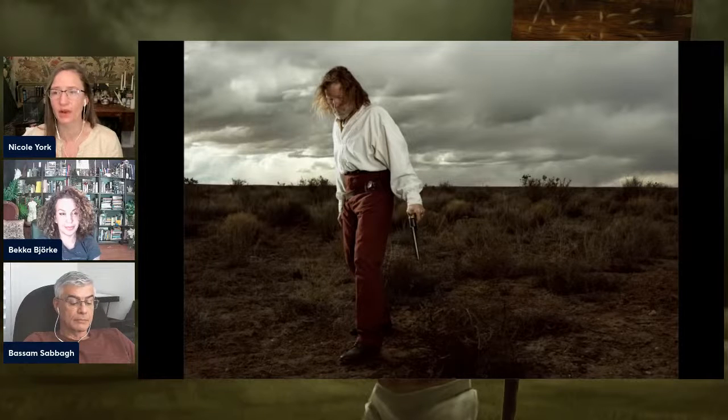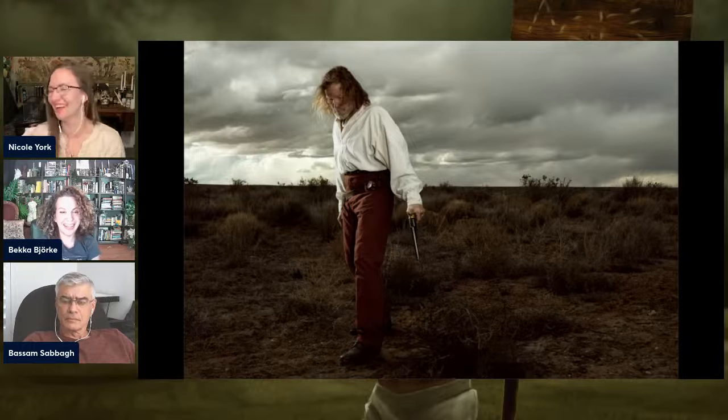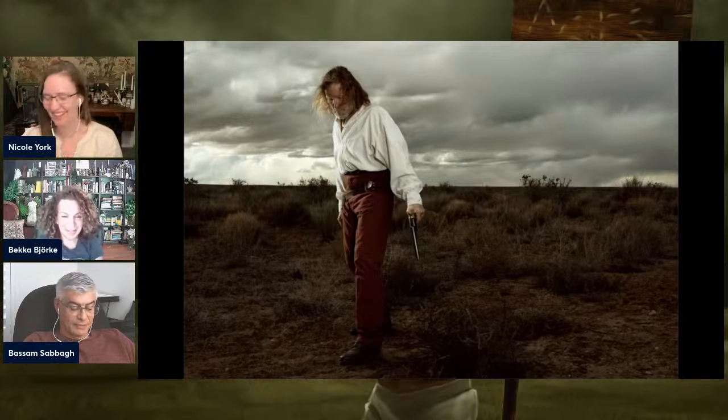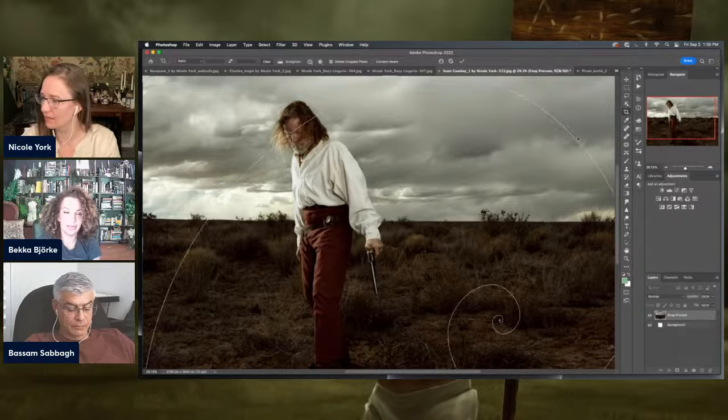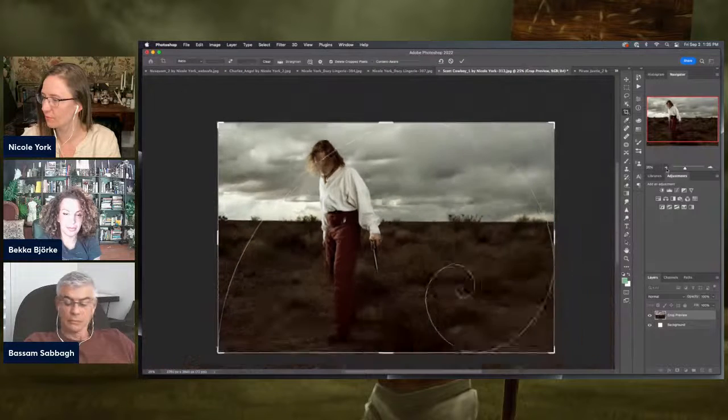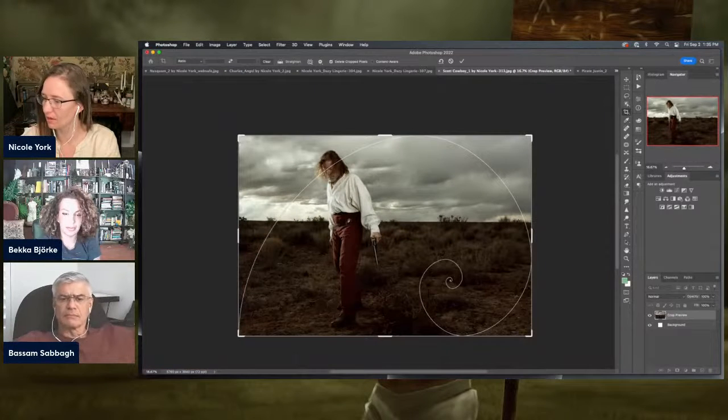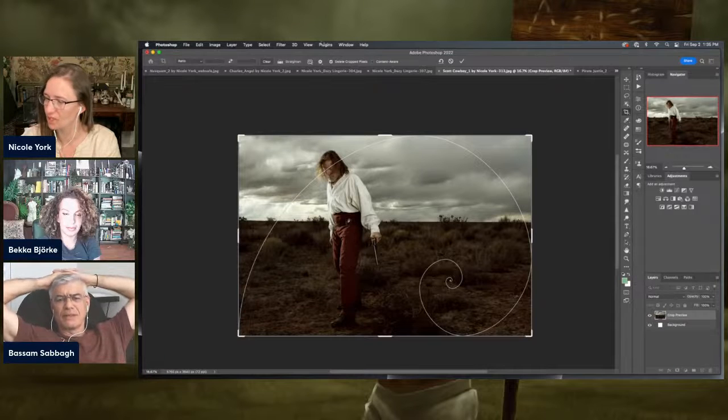So what would we say is going on here in terms of composition choices? Value contrast and some nice classical rule of thirding. Let's try a couple of overlays really quickly and see what we can get out of here. If we were to flip this, our spiral would end up here, which is not ideal, right?